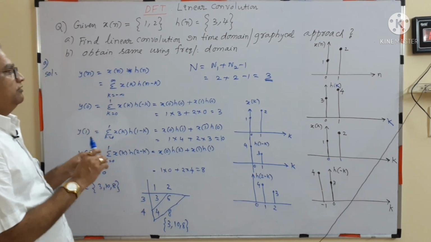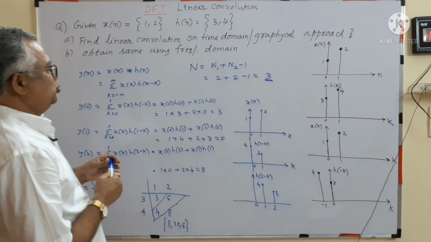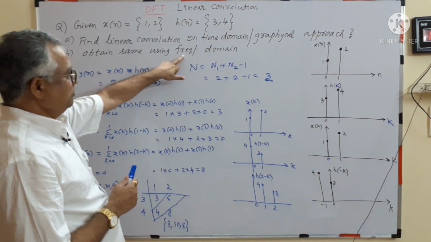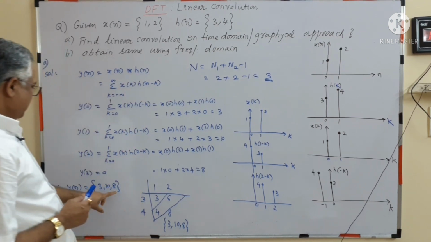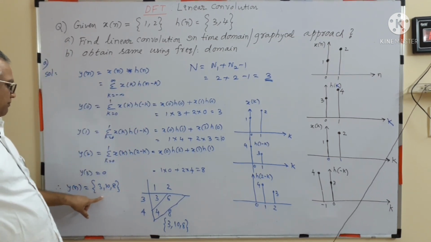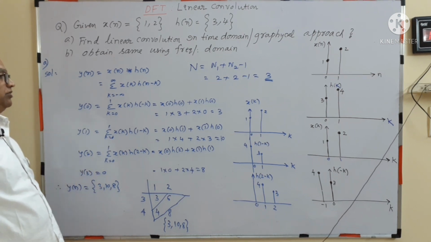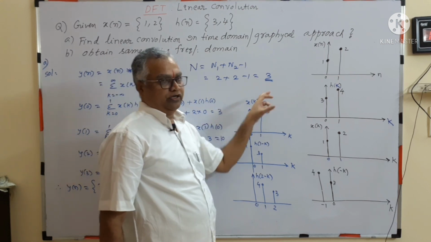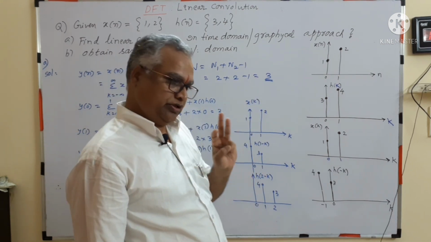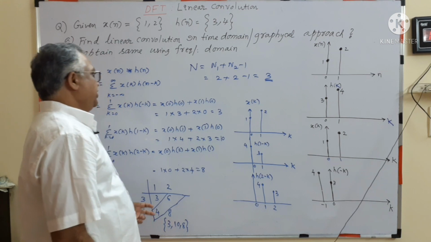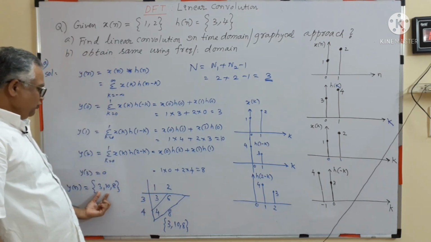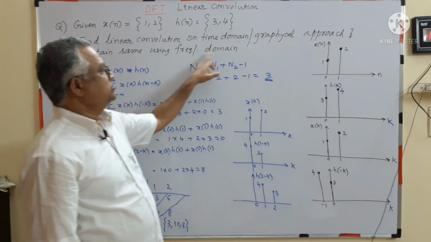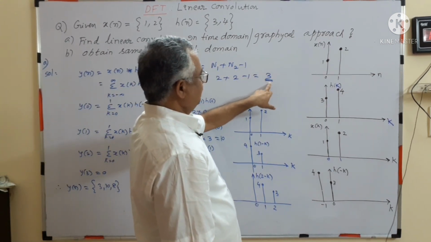Now let me explain frequency domain, how you can do. To answer B bit in frequency domain, the resultant answer contains 3 values. So compulsorily we should go for 3-point DFT. Because answer contains 3 values, we should go for 3-point DFT only. If you take 2-point DFT, you get only 2 values. This third value will not come. Okay. So use this formula, get the number of values.